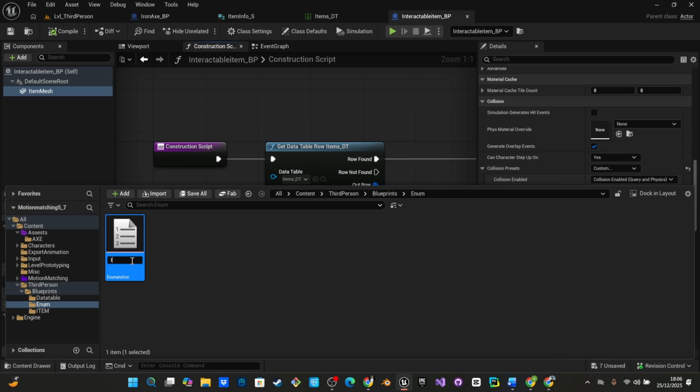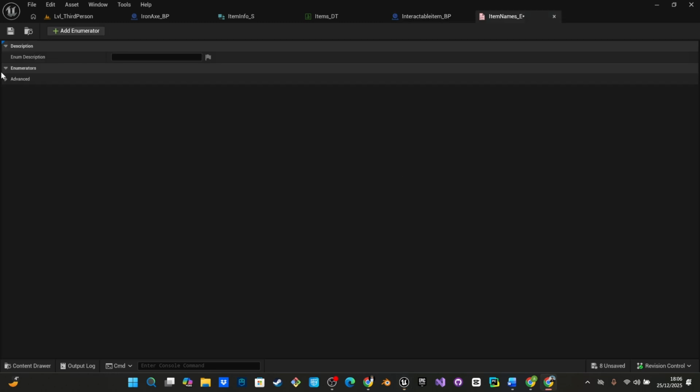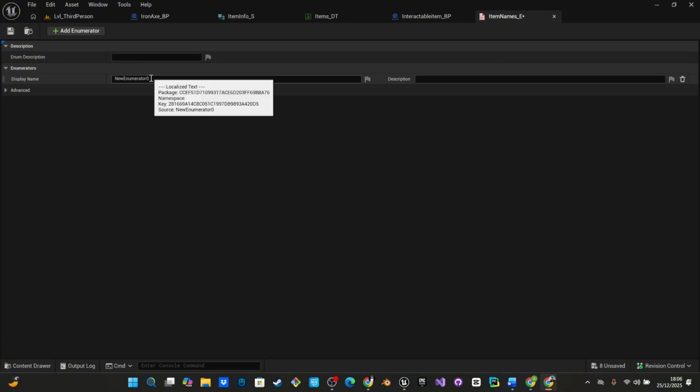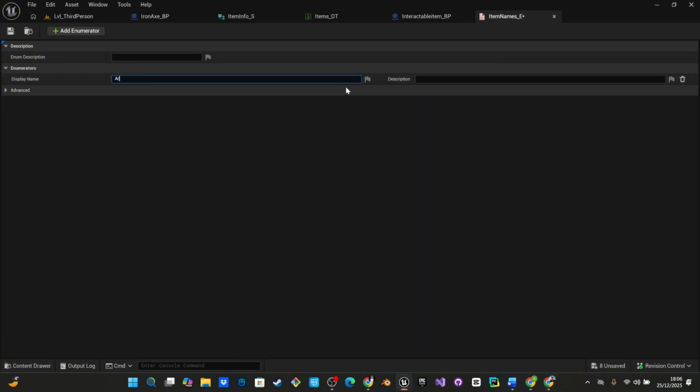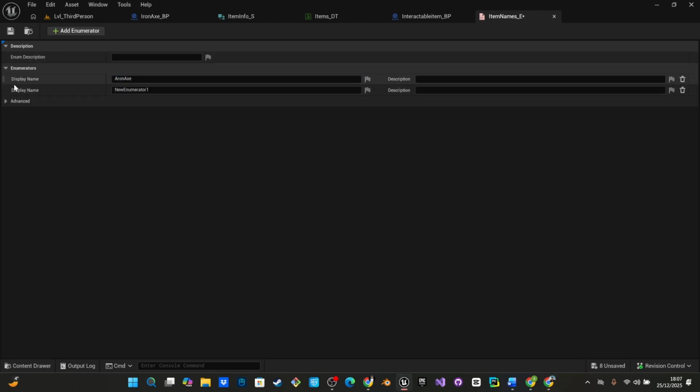So we will name this item names underscore e. For now we can add this one. We can just have one. We'll name this iron axe. We will also create another one. We will name this as none. So yeah, now